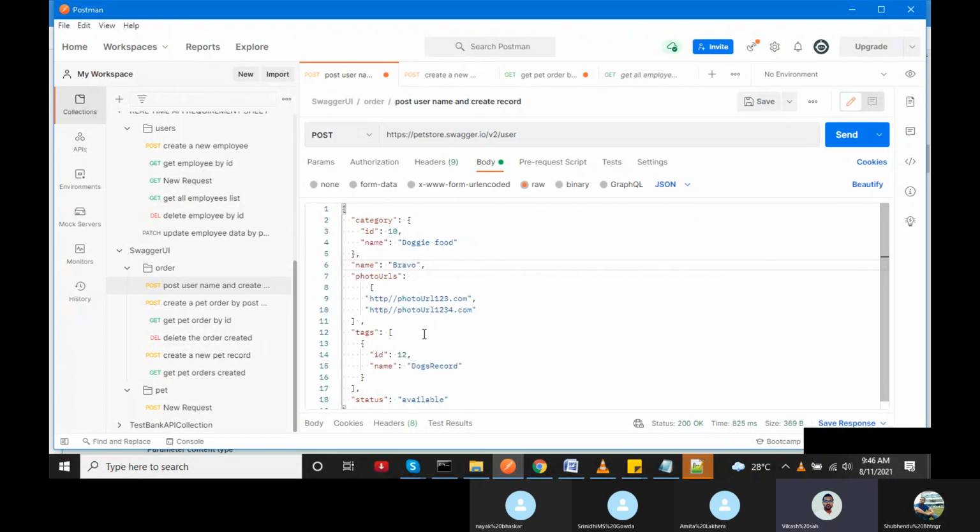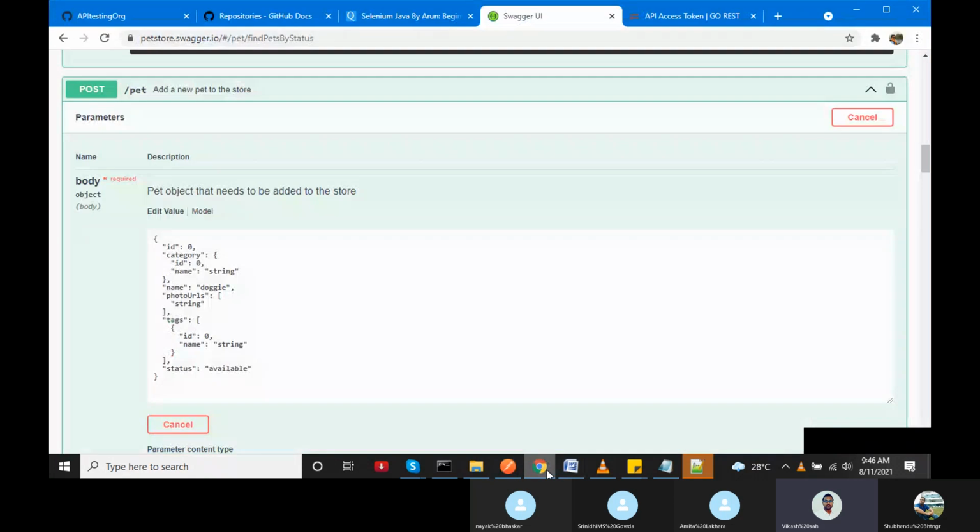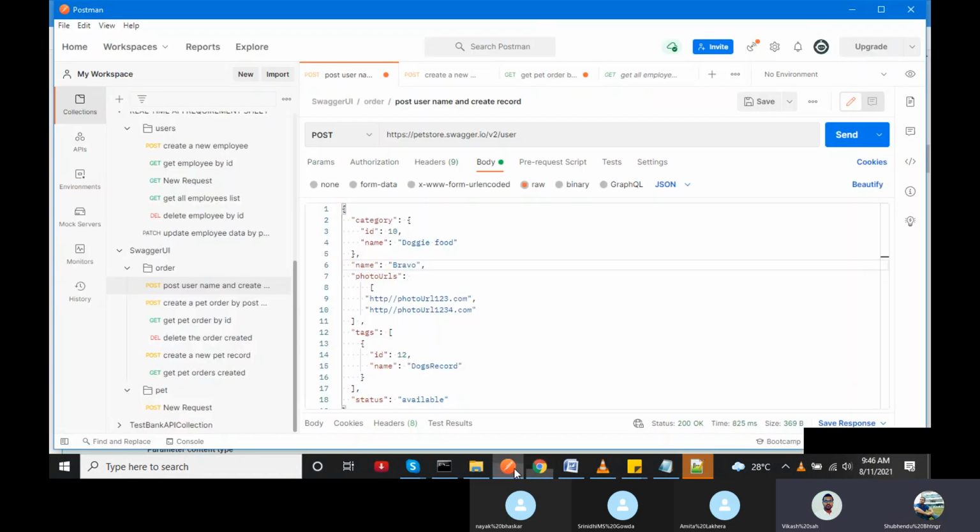Can you again go to the Swagger? Yes, ID will be given by the server, so I have not taken it. You don't have to worry. Now go to the Postman, then status. Category you have passed correctly.